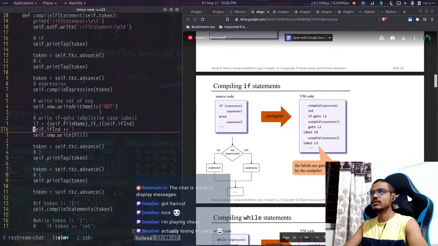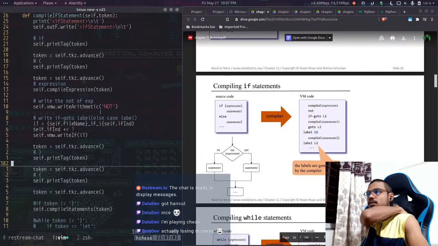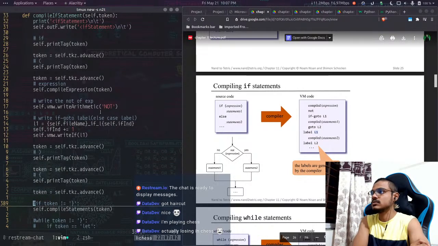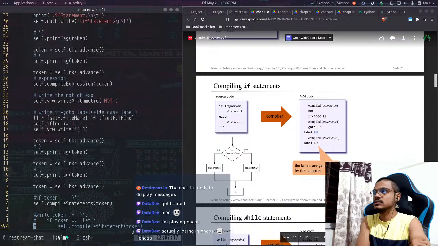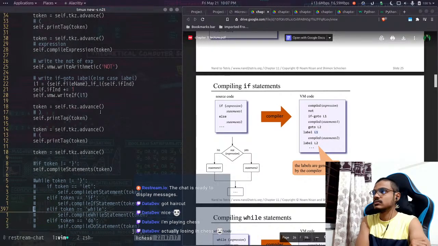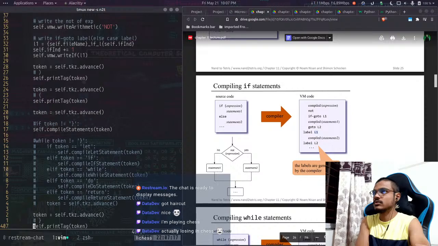After that we have written if go to, and we need to add statements one. So where are the statements? It's over here. Okay, nice. So write the statements, and after that